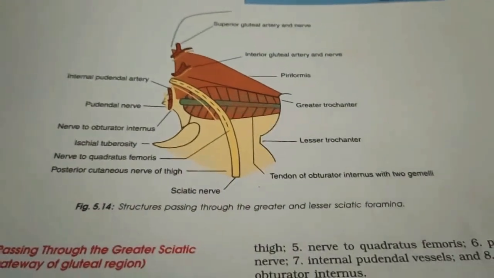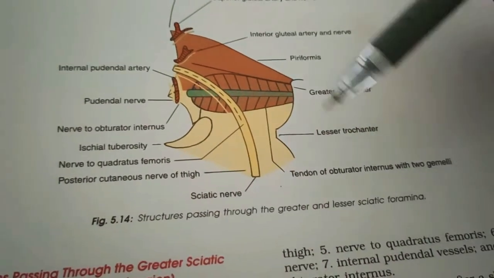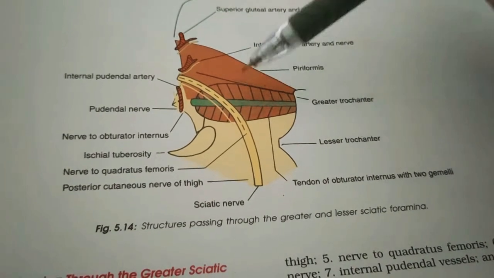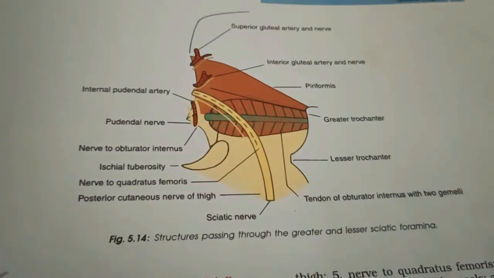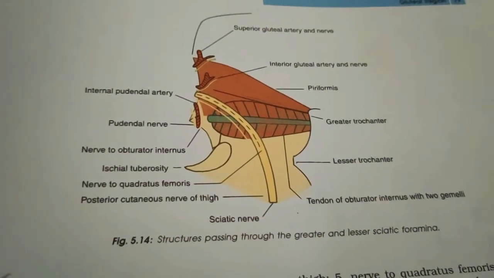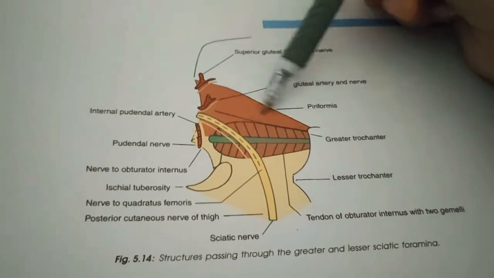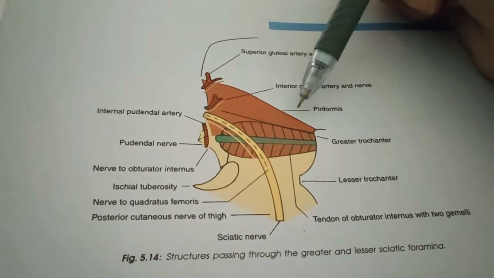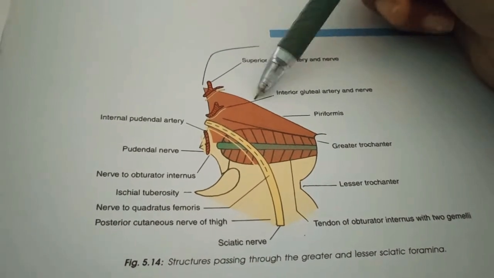So the next and final part that is left is about the structures passing through the greater and lesser sciatic foramen. So finally we discuss this. If you remember, the piriformis is emerging from the pelvis, fills the foramen almost completely, and it is the key muscle of the region. So what is the key muscle of the greater sciatic foramen? That is mainly our piriformis, because it is completely covering the greater sciatic foramen. So what are the structures above the piriformis? That is very important. That is the superior gluteal nerve and superior gluteal vessels, which are passing above the piriformis.